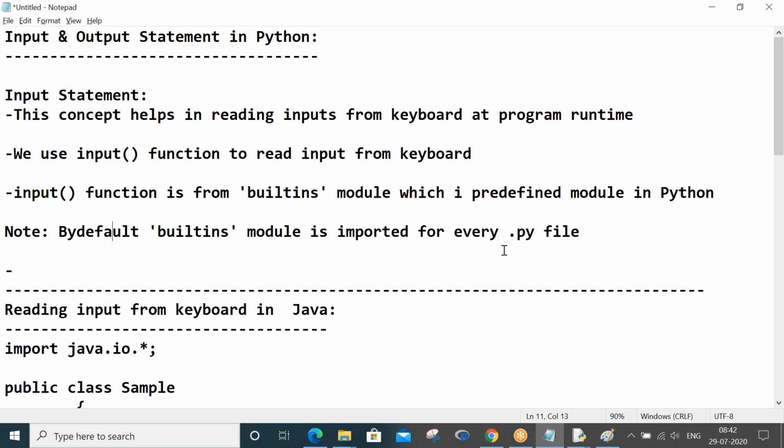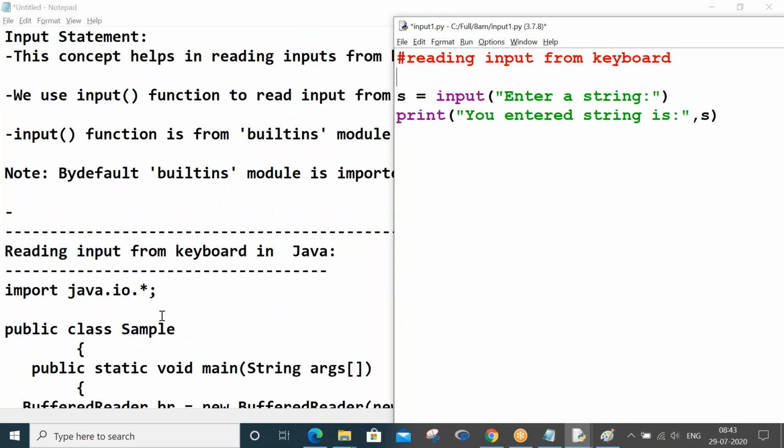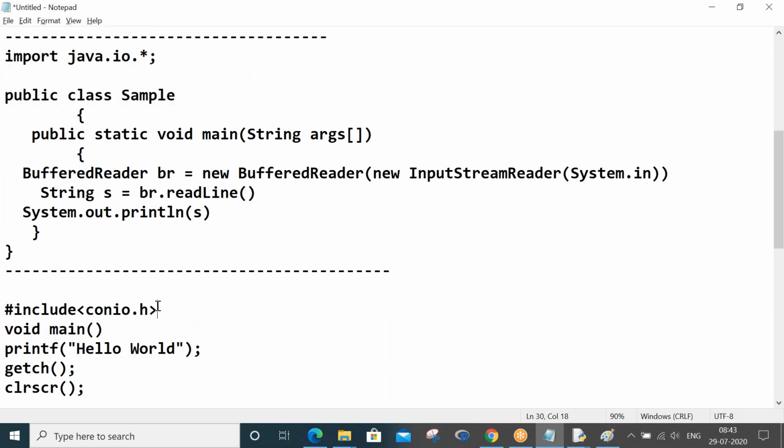Default means automatic. I don't have to write it again here. By default the built-ins module is imported for every .py file. So now if you understood, I don't have to explicitly write this built-ins import. Till now we might have done some 10 Python programs, and in all of them the built-ins module is there. Imagine in C language you must have written these two lines for almost all programs.